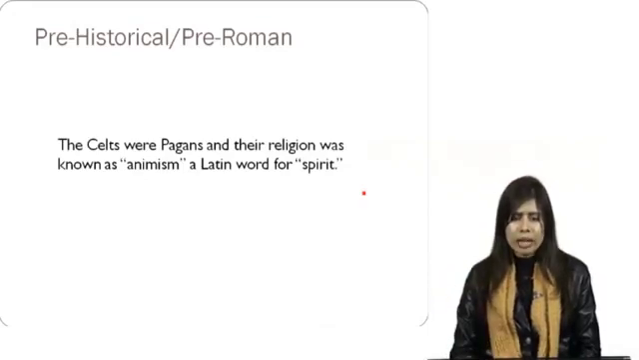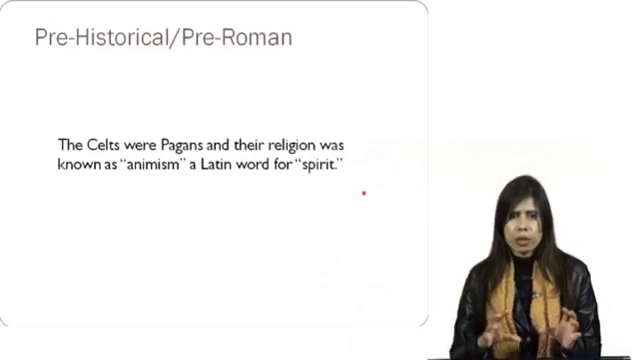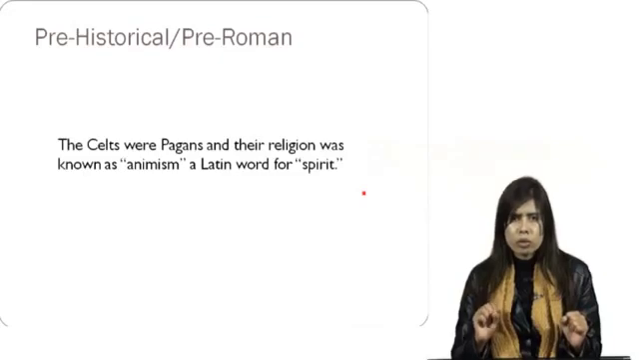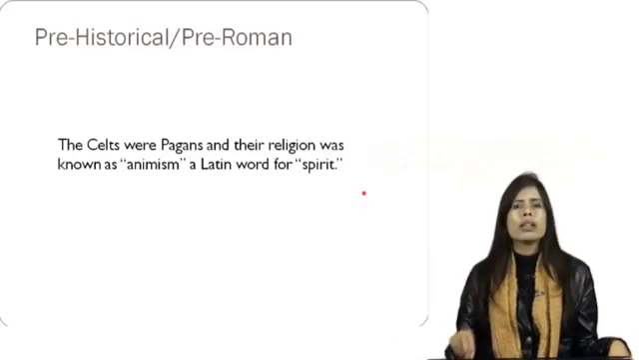Okay, so the Celts were pagans and the religion was known as animism, a Latin word for spirit. So their religion means a spirit. So this is basically a Latin word for the word spirit. So their religion was animism,